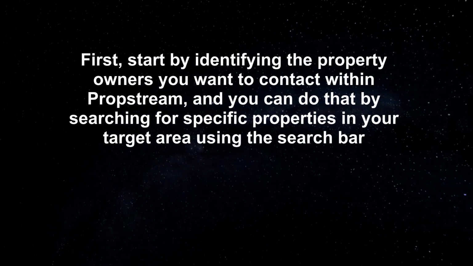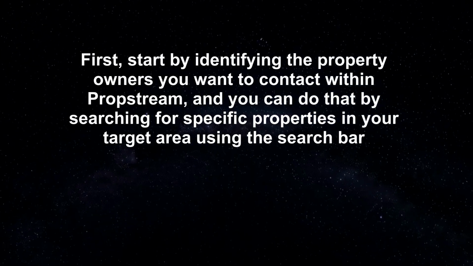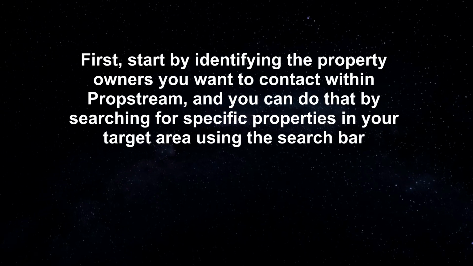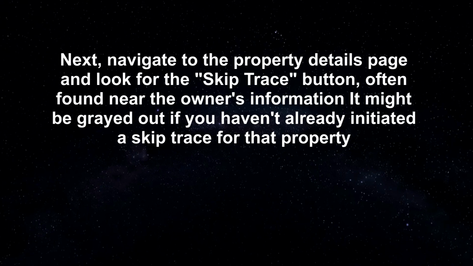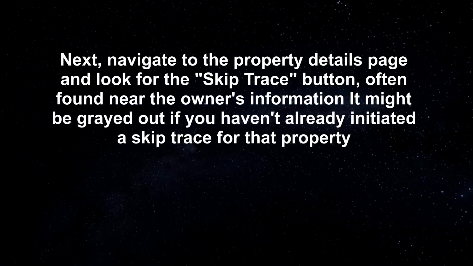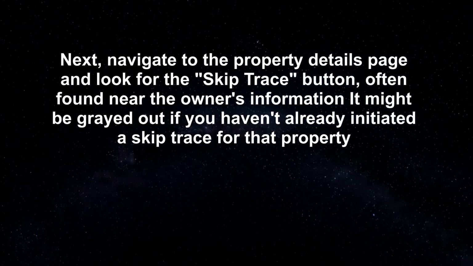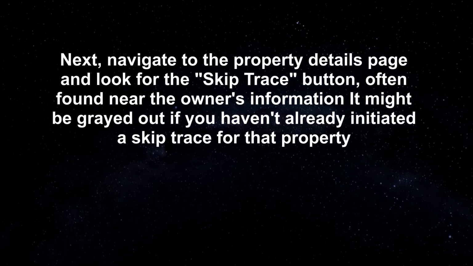And you can do that by searching for specific properties in your target area using the search bar. Next, navigate to the property details page and look for the Skiptrace button. Often found near the owner's information, it might be grayed out if you haven't already initiated a Skiptrace for that